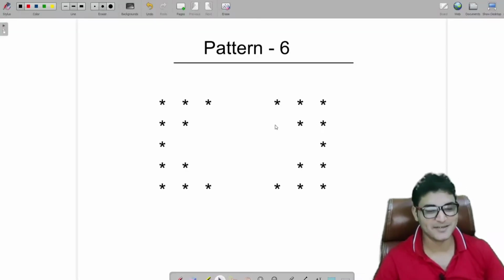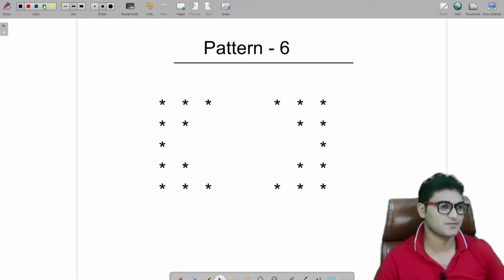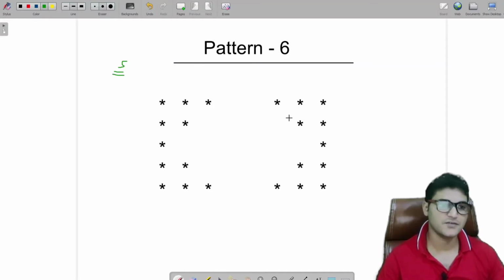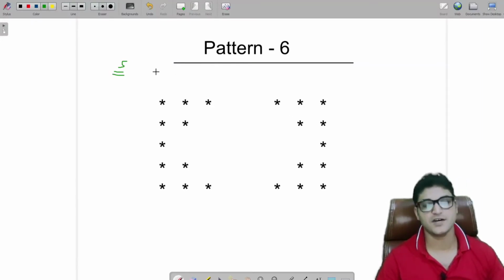Okay, a little bit. So let me discuss directly with you what this pattern is. Of course this is a size of 5. I have already discussed that in each video I will be taking, in most of the cases, a size 5 pattern, and I will discuss over it. So again I have taken a size 5 pattern.